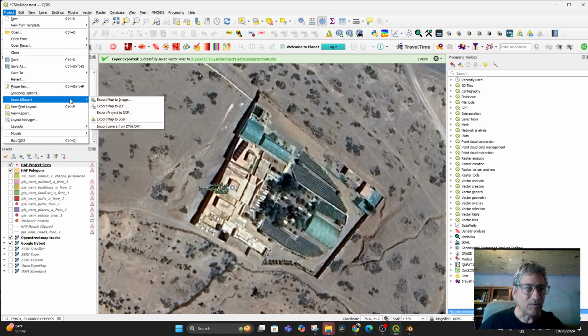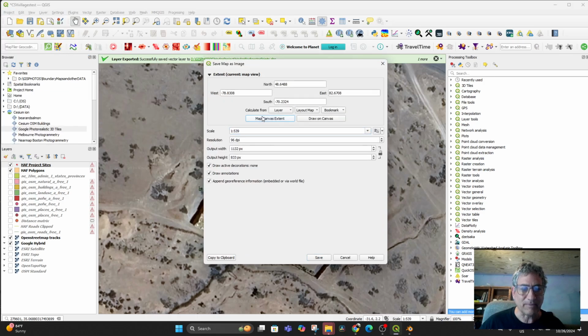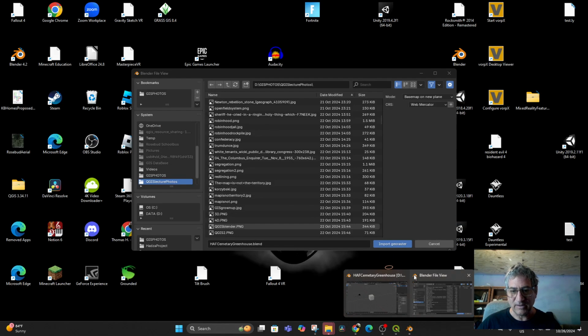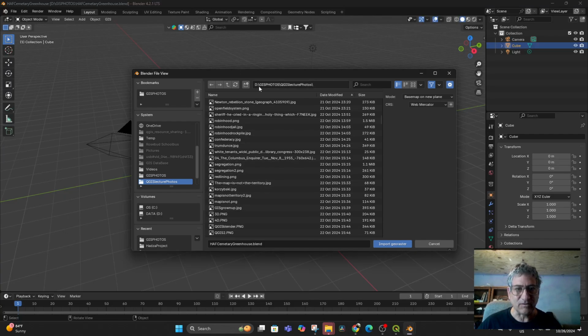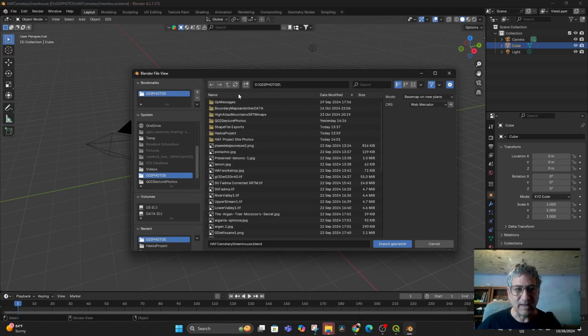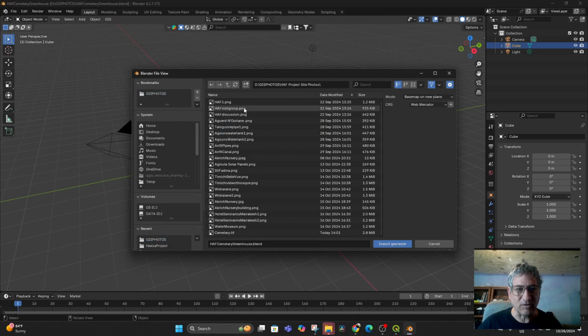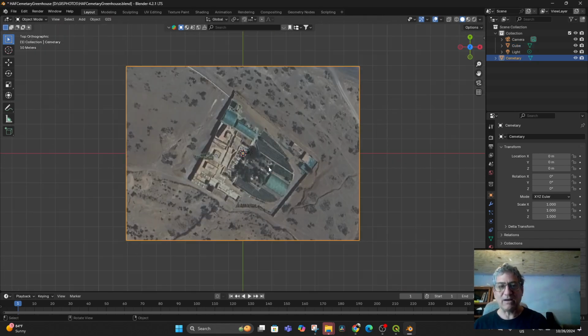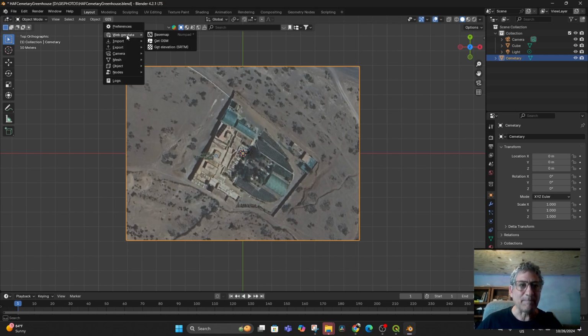I did an import export image. I picked the map extent. I said save, and it should be in HAF project site photos. So when I go here, I should be able to find it under HAF project site photos. And then when I go to date modified, there's the cemetery TIF, and it comes in Blender. All right, so now you can come in and you can add your 30-meter map now by going up